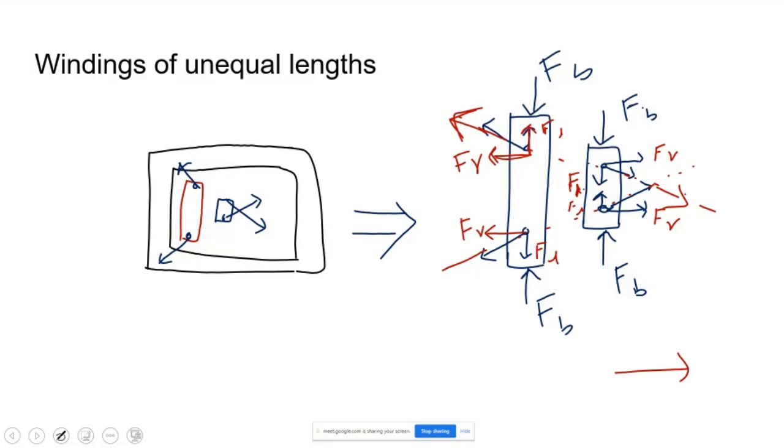Yes, sir. Then what about the secondary? Sir, please repeat whatever you said just now. I am saying that this internal component, whatever is FB, is denoted here, no? It is downwards. Yes, right? And you see this component, yes, sir. That will oppose. Okay, this is upwards. So both are opposing each other. That's what I want to say. Okay, sir. Thank you, sir.